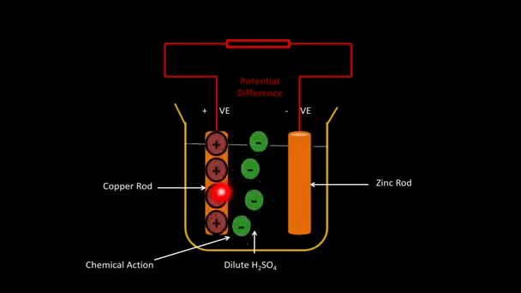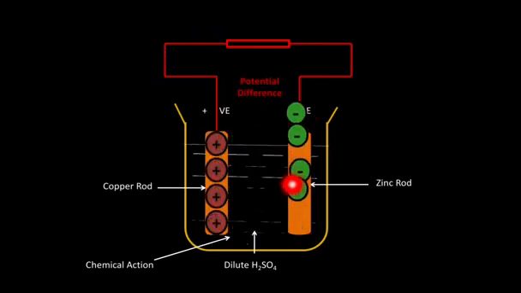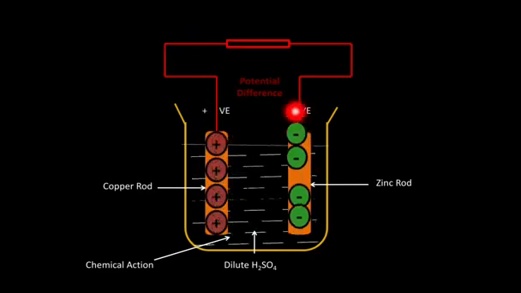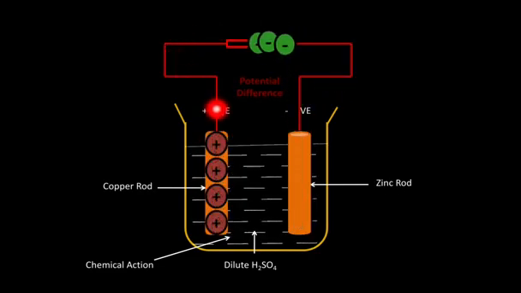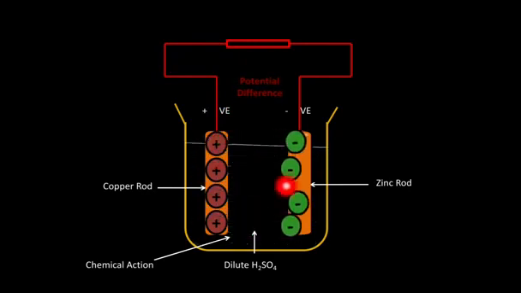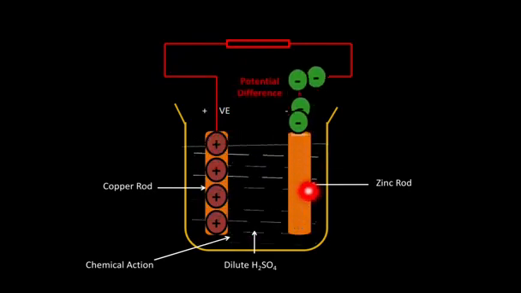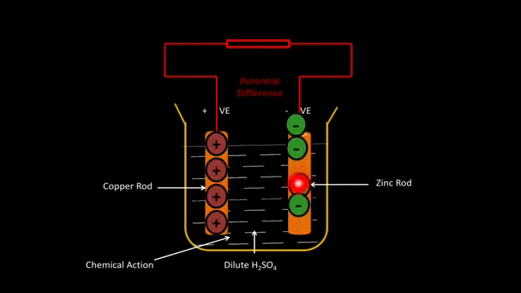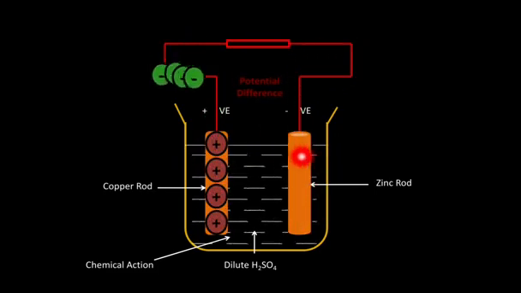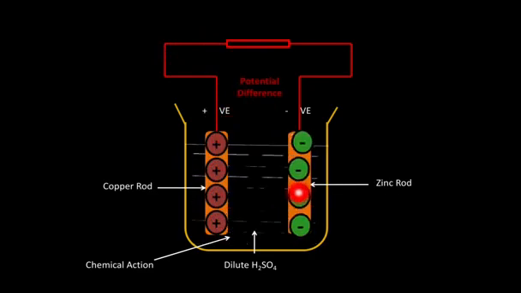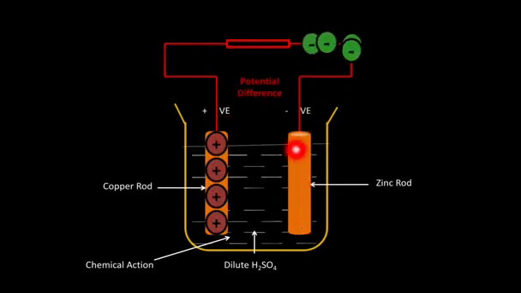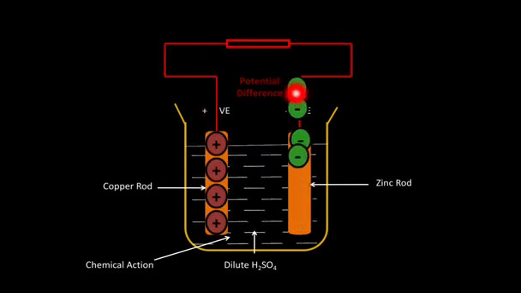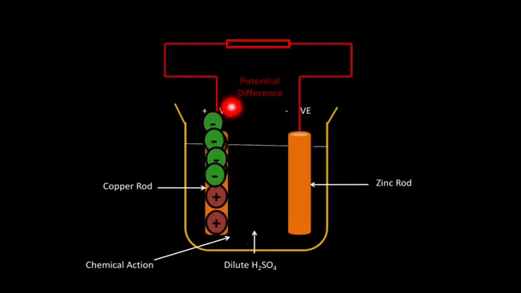So this rod is positive and this rod is negative. Why is this happening? Because when the electrons reach this positive copper rod, they again get accumulated on the zinc rod. This is called electromotive force. Electromotive force is maintaining the potential difference, and because of the maintaining of this potential difference, the electrons are moving in one particular direction. It means we can call it a flow of current.